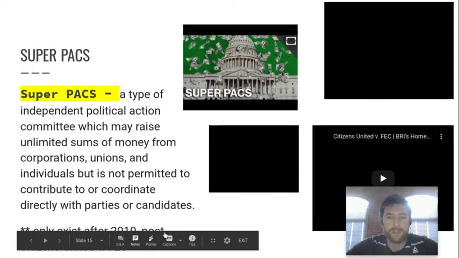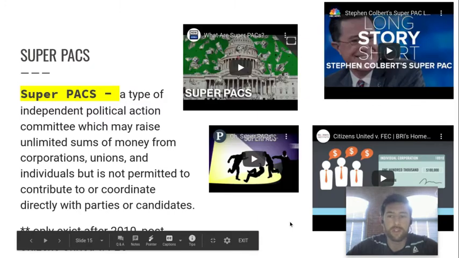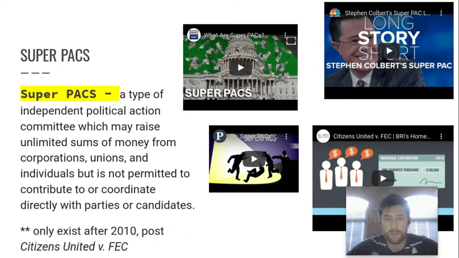Nowadays, though, since 2010, this new thing called super PACs became a thing, and you guys can read the definition on your own. It pretty much gives these candidates the ability to use unlimited resources, unlimited money. So people can throw as much money as they want at these super PACs, political action committees, in order to help their presidential candidate, the person they want to win, to give them a real good fighting chance to win. So money is becoming more and more of a factor when it comes to elections these days.